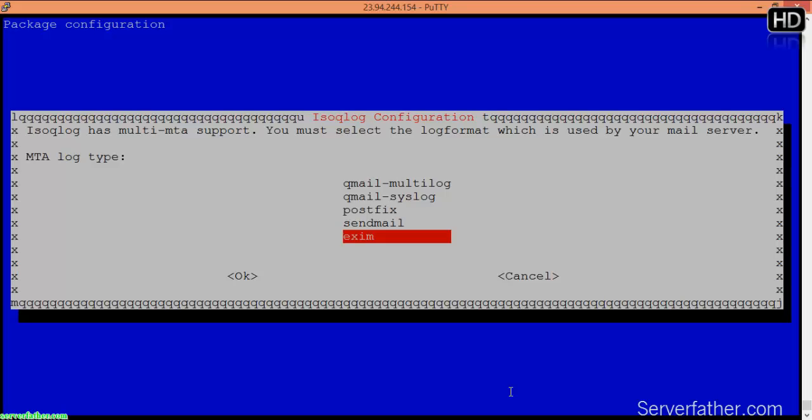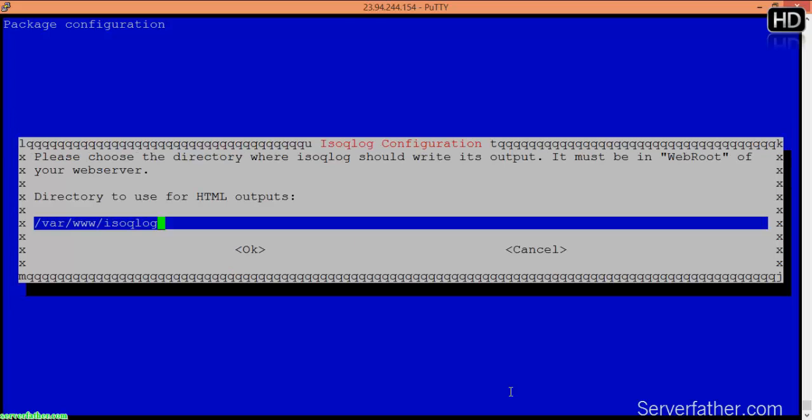From here it will ask you MTA log type. So which log type we are choosing here? Already Exim is here by default. You can choose from here Qmail, Postfix, Sendmail and Exim. So from here we can choose Exim and go ahead with Exim. Okay,